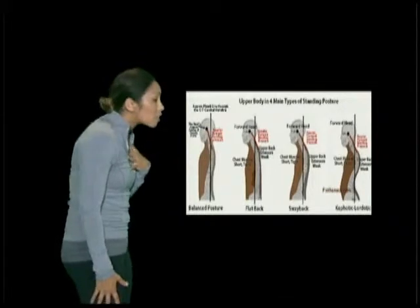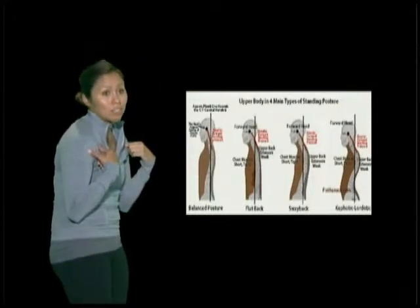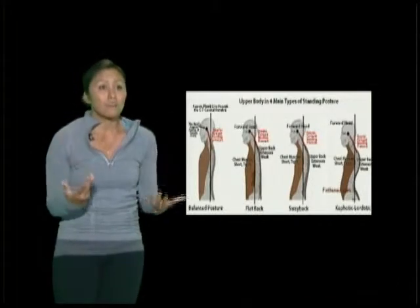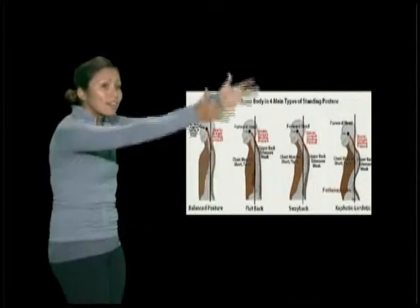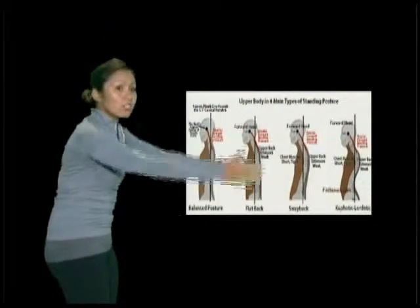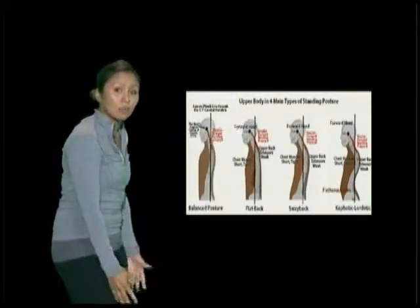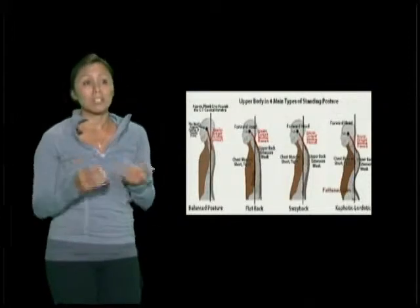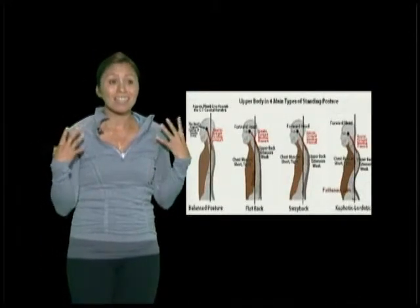So when we're here, it's really hard for our shoulders to have good health because we're decreasing our joint space up here. A lot of us that sit forward are going to end up having what's called frozen shoulder. We start by slouching. We can't reach up as high as we could if we were standing upright, and we just stop using our shoulders because we're decreasing our range of motion. When that happens, we create shoulder problems, we create head problems,